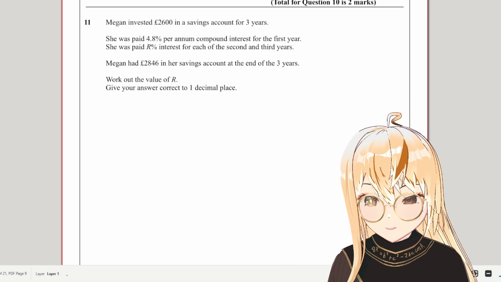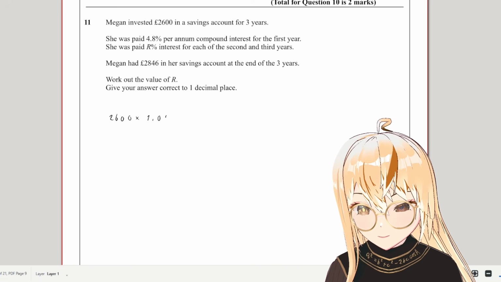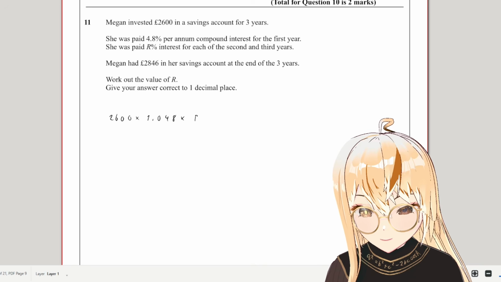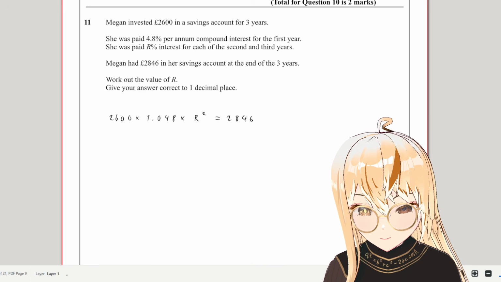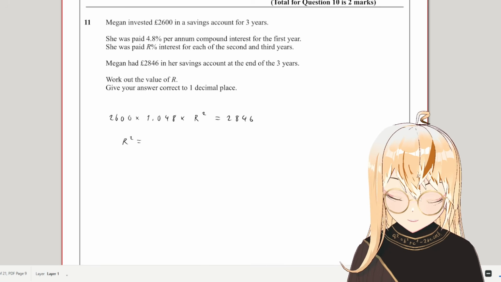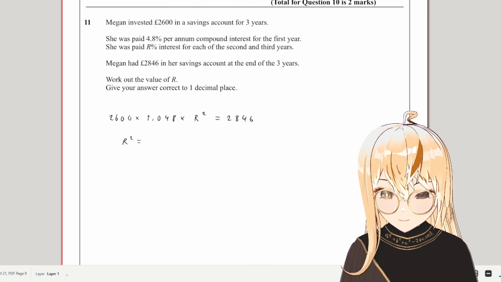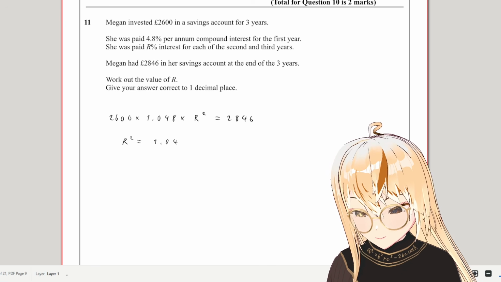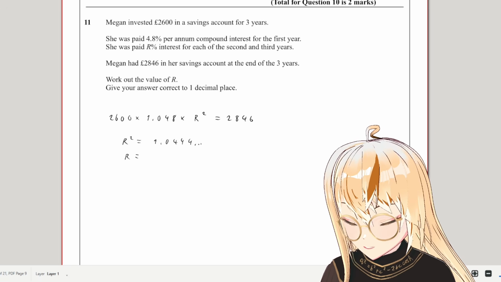So we can just make an equation which would be 2600 times 1.048 times r twice, which would eventually equal 2846. And so we could just get r squared as 2846 divided by 2600 times 1.048, which would equal something, which I'm just going to keep on my calculator, and then square root that to get r as about